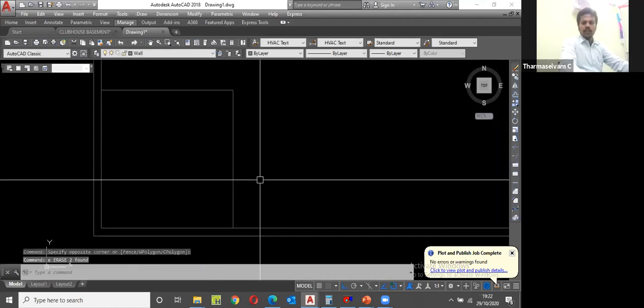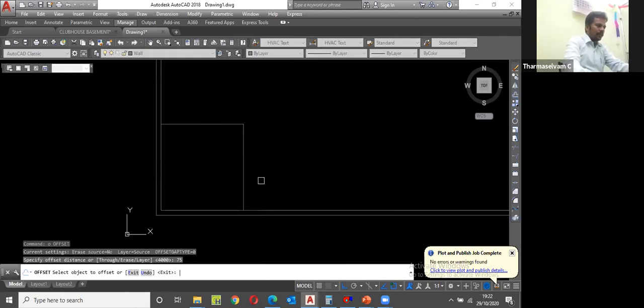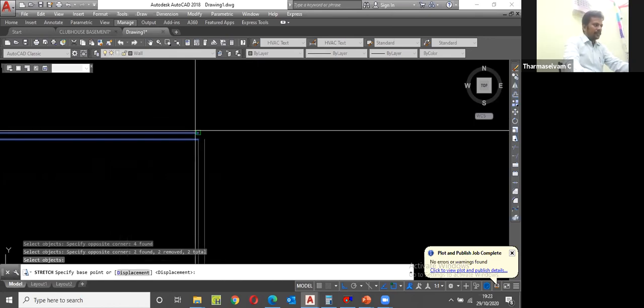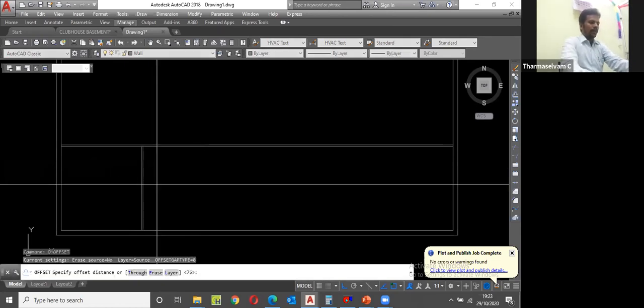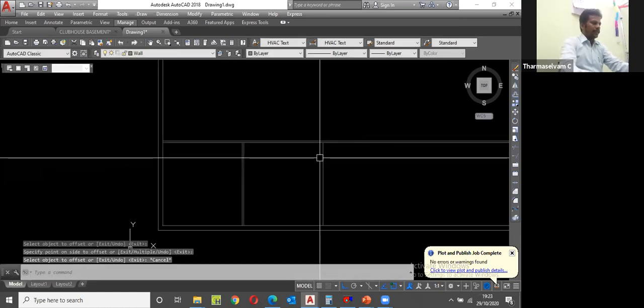After that you can put the wall thickness, maybe 75 mm or 50 mm for a partition wall. I'm putting 75 here. Then I'm going to stretch that line. Yes, enter. Select this object. I don't want to stretch this vertical line. Shift and press this. Select this object. Okay, this will be deselected. Then click this point here and connect it to the end. Then offset 4,000. So I'm going to draw multiple rooms. Then offset 75. This is the wall thickness.